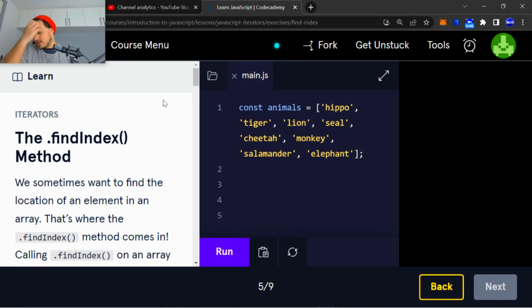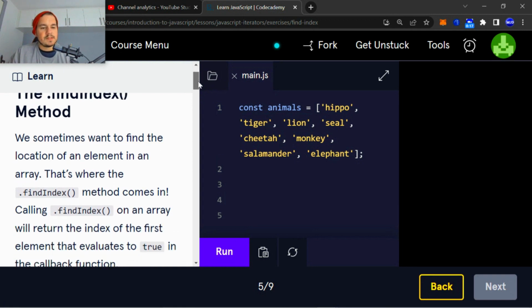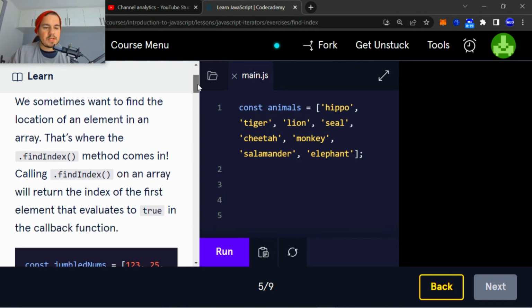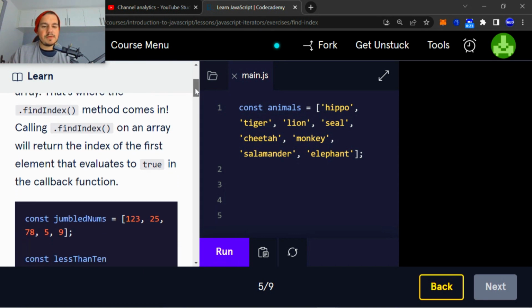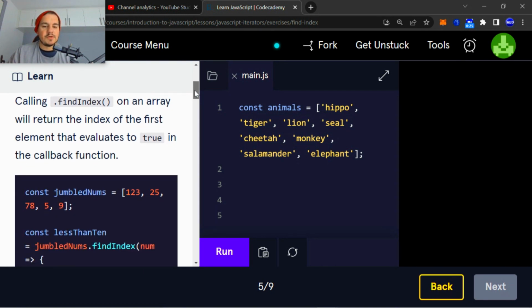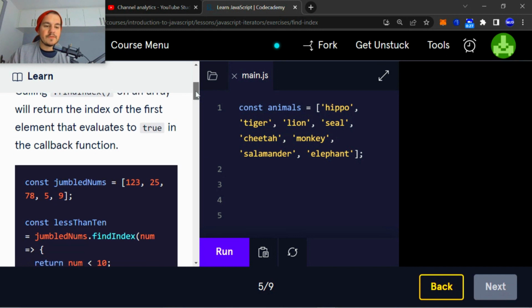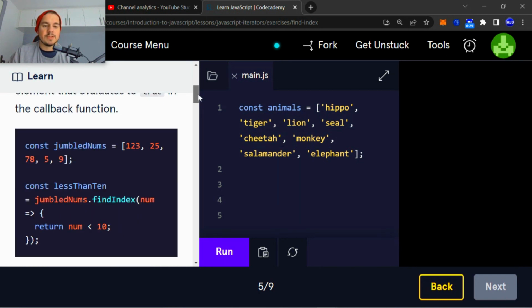Today I'm going to be walking you through iterators, the findIndex method, and yeah, quick walkthrough. So let's get straight into it. So we sometimes want to find the location of an element in an array. That's where the findIndex method comes in. Calling findIndex on an array will return the index of the first element that evaluates to true in the callback